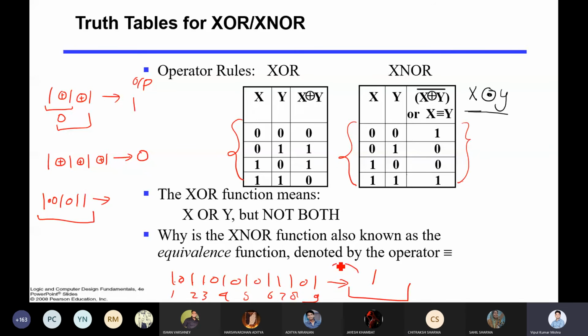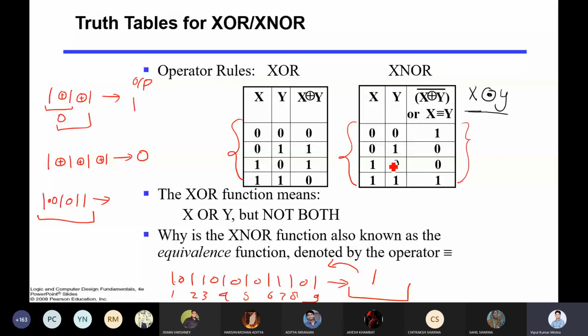You can look at it from the reverse side as well. If your XOR output is 1, then you can say this particular binary stream contains an odd number of ones. If the output is 0, it means you have an even number of ones. That is heavily used for security purposes. Whenever you understand networks and so on, you see odd parity and even parity are heavily used to check whether the sequence is correct or not. So that is the utilization of XOR and XNOR gates.